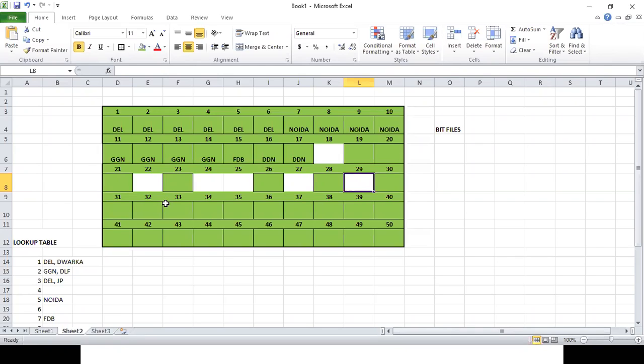But he is not aware in which particular cabin the manager is sitting. So he will go to all the 20 cabins looking for the managers, and wherever he finds a manager, he will pass on my message.